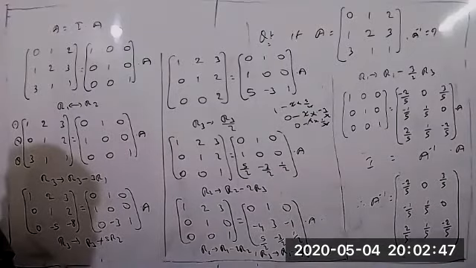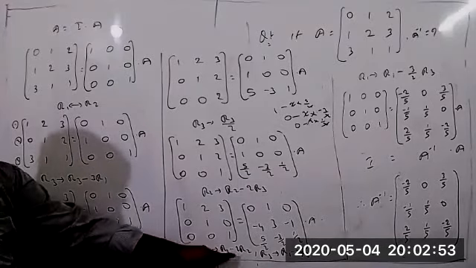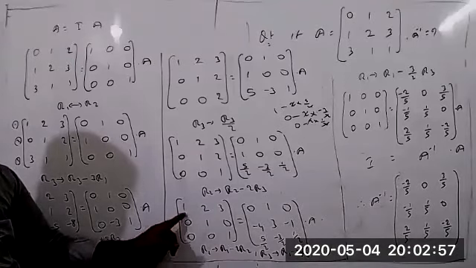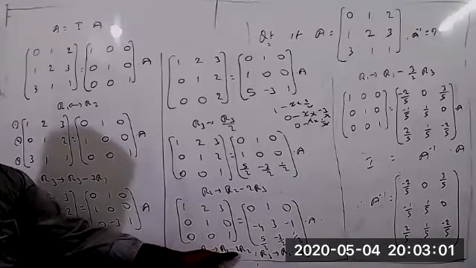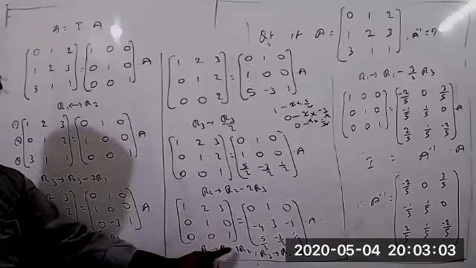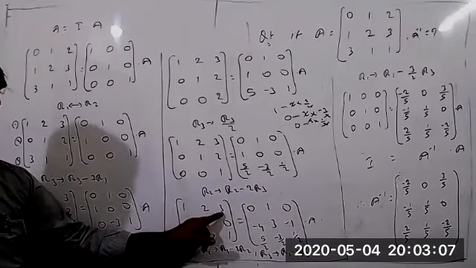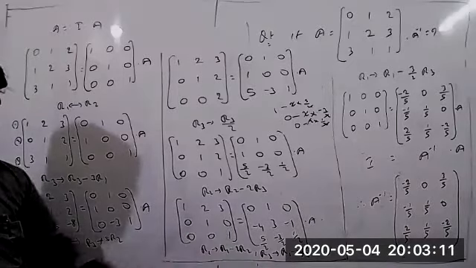So shouldn't it be R1, sir? Correct only, because 0 is there. Whenever we apply this condition, what do you get, tell me? 1 minus 2 into 0 equal to 0 only, so 1 minus 0 equal to 1. And 2 minus, because R1 minus 2 into R2, so 2 minus 2 into 1 equal to 2 minus 2 equal to 0. And here also, 3 minus 2 into making 0 equal to 0. So we are making changes in the row.